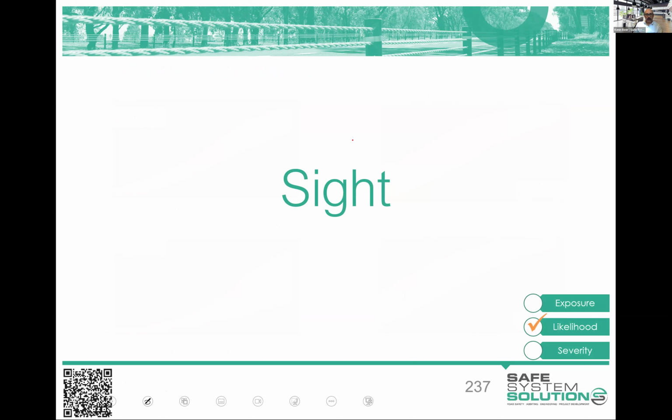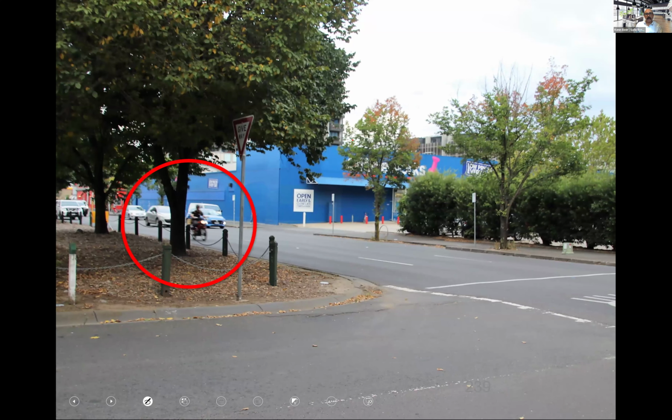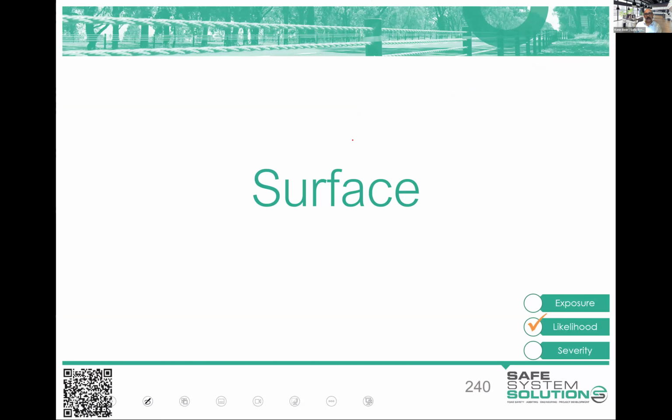Let's just jump through those S's for motorcyclists. We'll do it briefly, but motorcyclists can be hidden behind things. You can see here a tree, which we generally wouldn't consider a sightline impediment blocking a motorcyclist. We can see that with other vehicles. That dynamic visual obstruction is more prominent for motorcycle crashes, and shrubs and signal controller boxes and things. So it's something we need to think about as we assess the likelihood of motorcycle crashes.